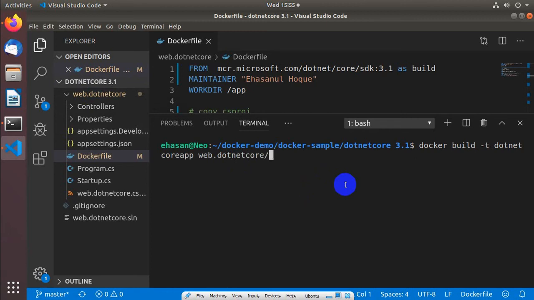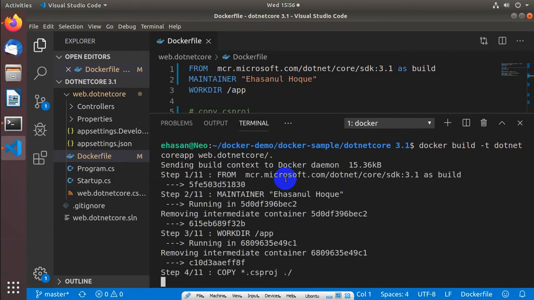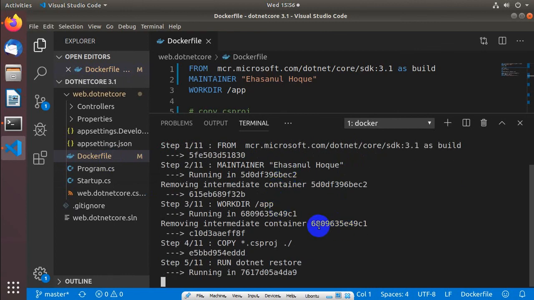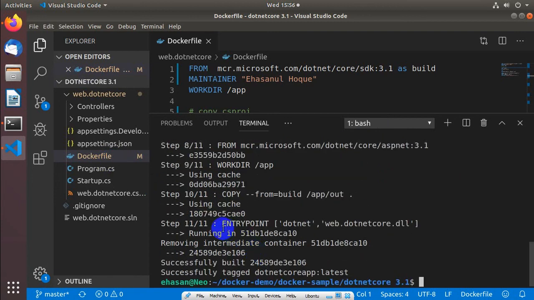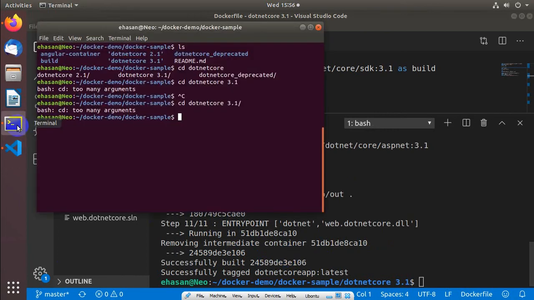No need to write the name of the Docker file. By convention Docker will understand the Docker file. So I press enter. It will take some time. The image has been built, the image has been created successfully.